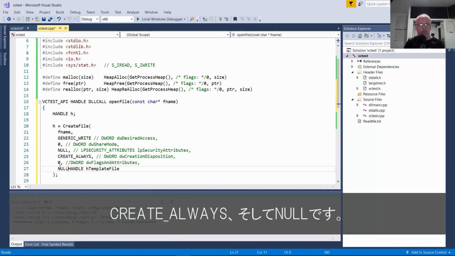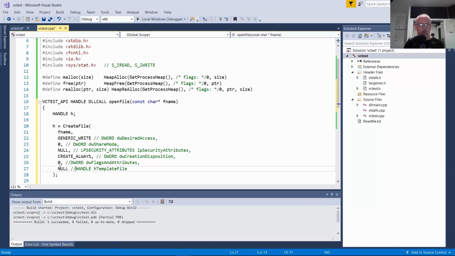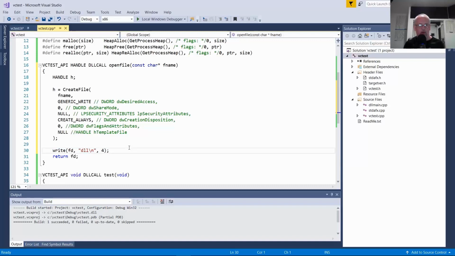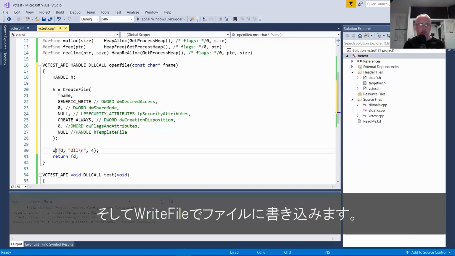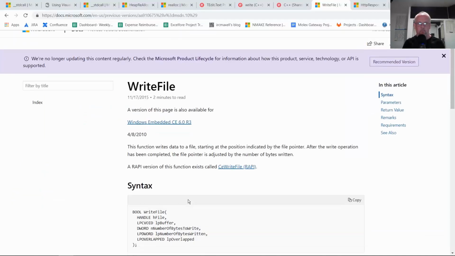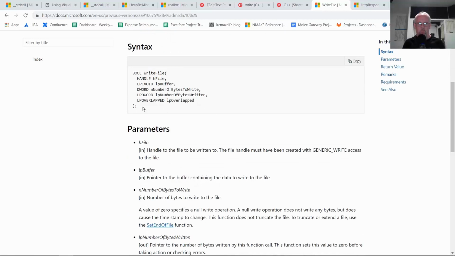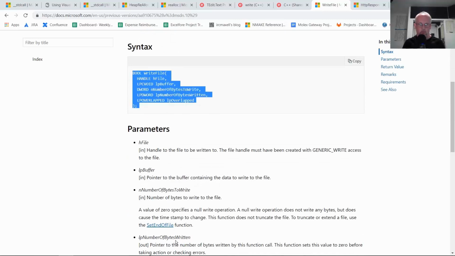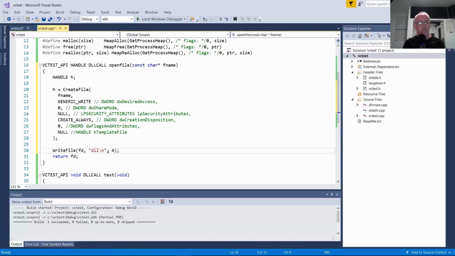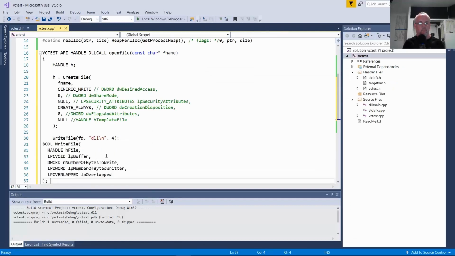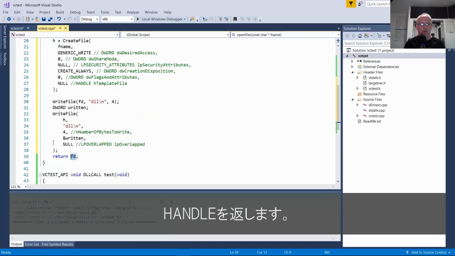And NULL. I can write to the file with WriteFile. And then we're going to return the handle.